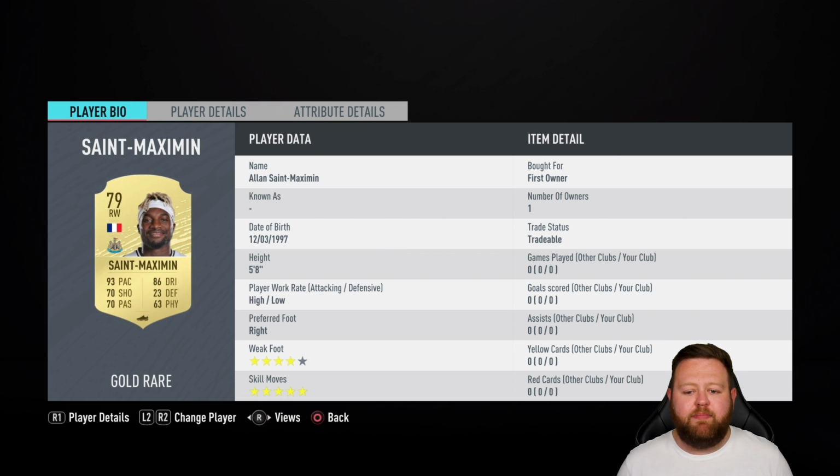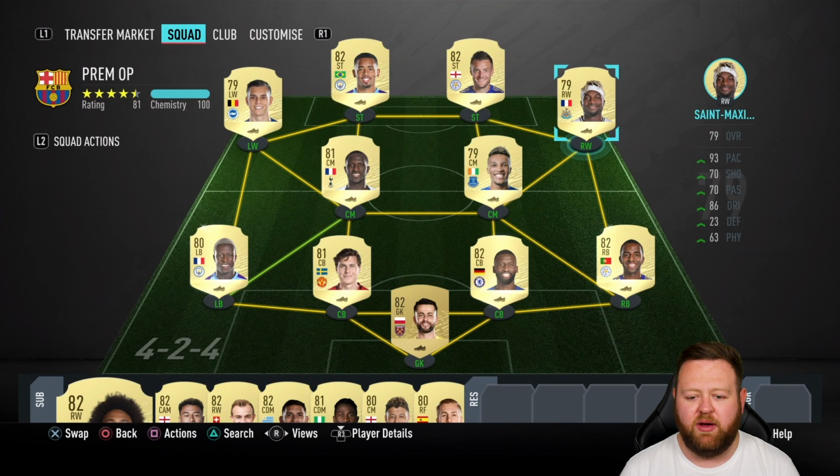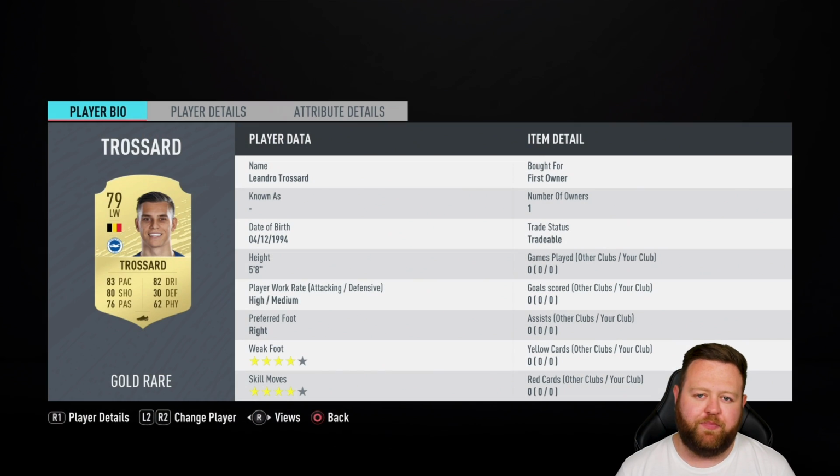So then we have Allan Saint-Maximin, the new player for Newcastle. The French skiller has 93 pace and 86 dribbling. There's been a lot of talk about this guy on social media since some of the capture event videos came out. His shooting and passing aren't that great, but he is really good on the ball, and he does have